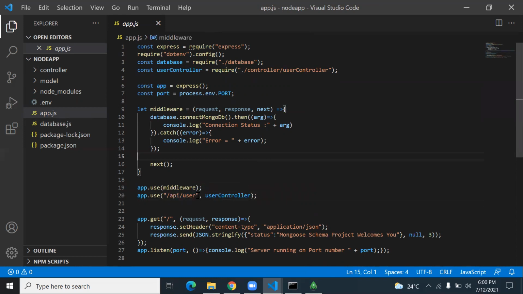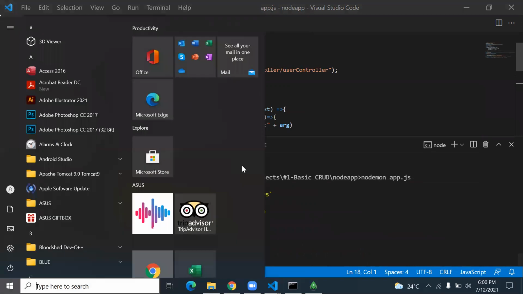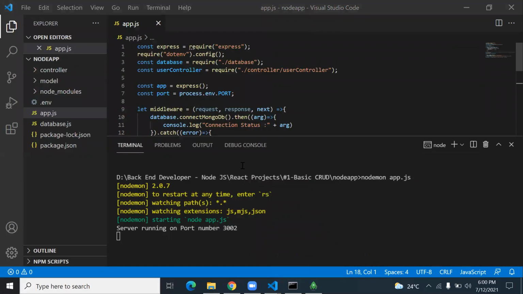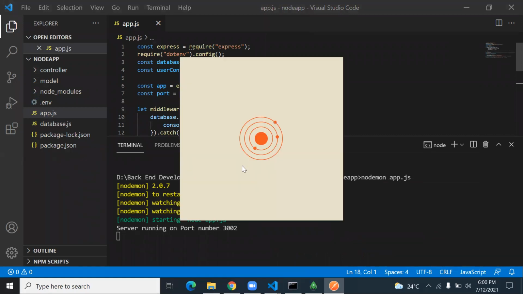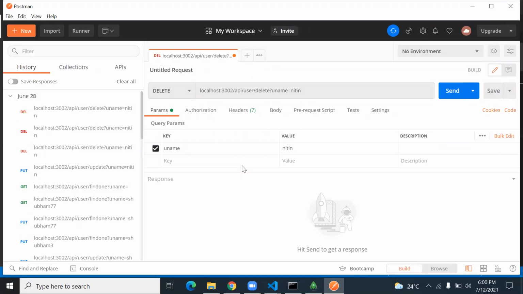API, and to test this API, I will first start this using Node, and then side by side here I open the Postman, which is used to check whether the APIs are correct or not. So it's still loading, and here we will check whether the API is working or not.